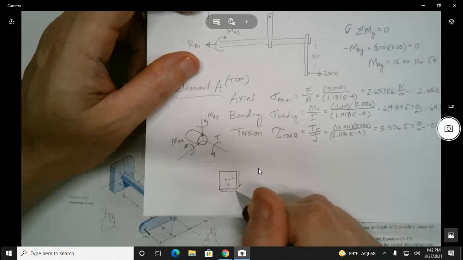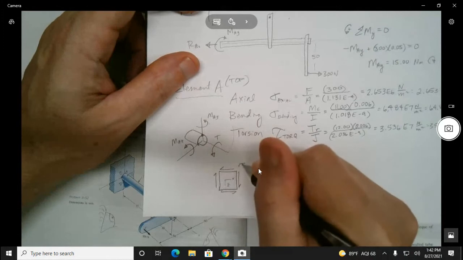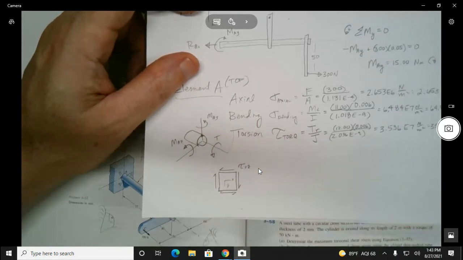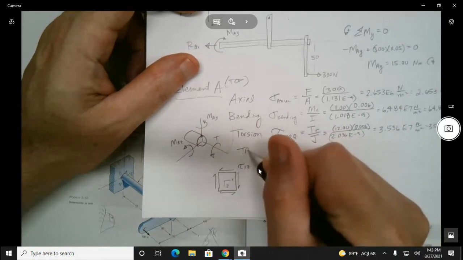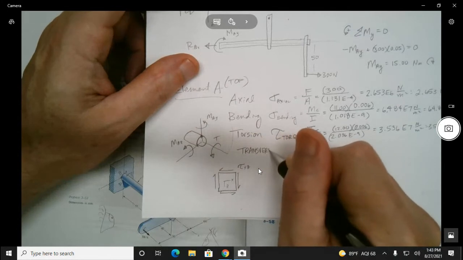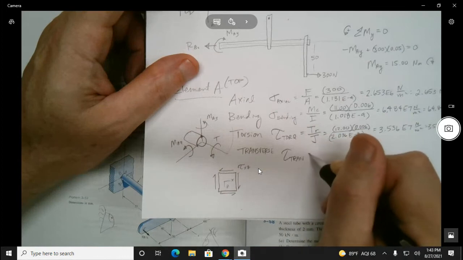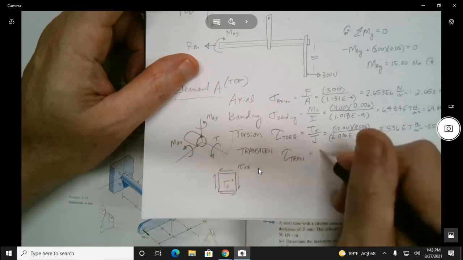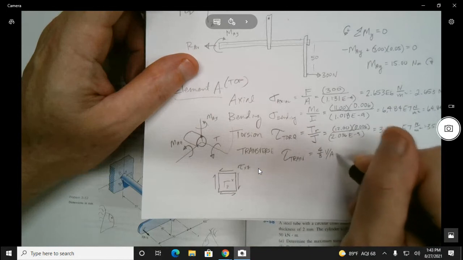And so all of its brothers are coming that way. So we call this the tau, we'll call it xz. I'm going to say transverse tau tran